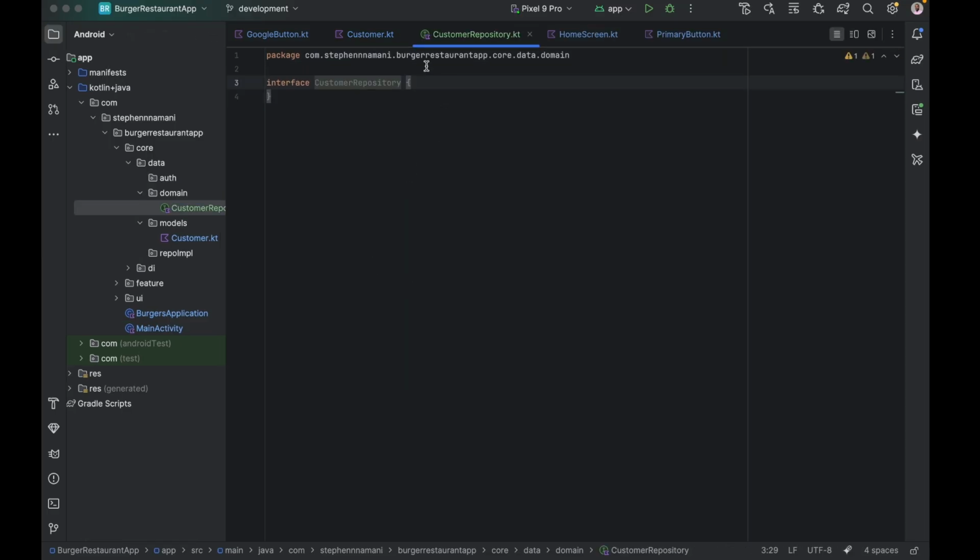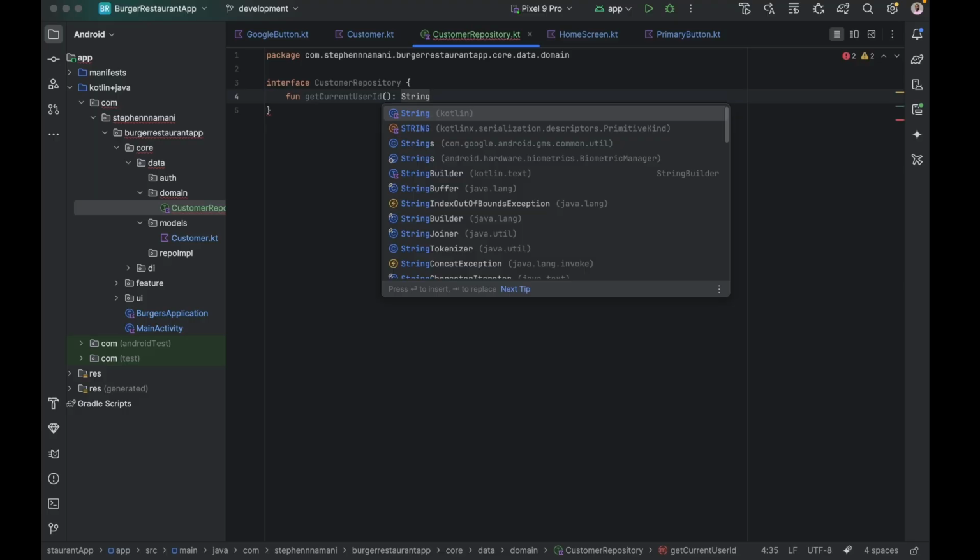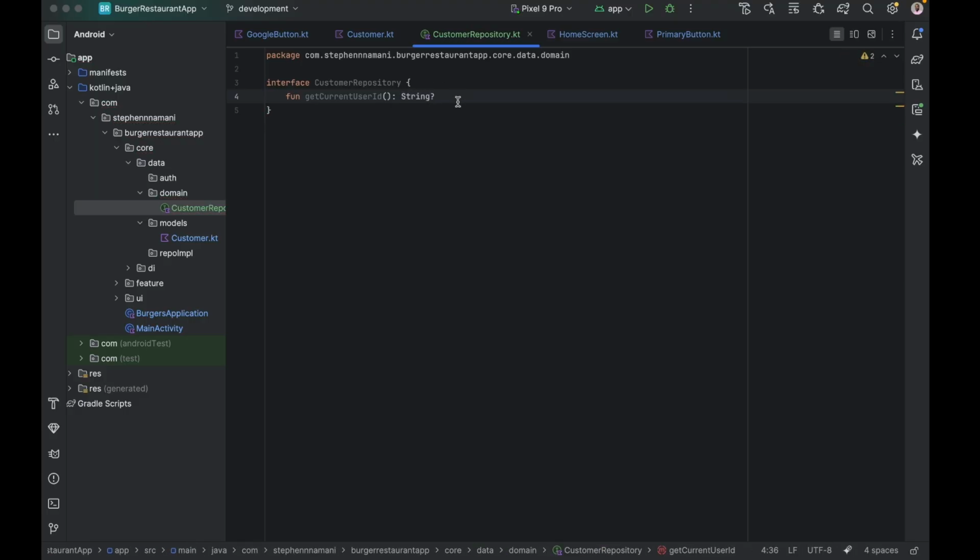So this CustomerRepository is going to have two functions for now. We'll get some more later, but we need two for now. So it's going to be getCurrentUserId to find an already authenticated user, right? We find them by their ID, which is a unique ID that is going to be generated by Firebase. Okay, and this ID can be nullable in case the user